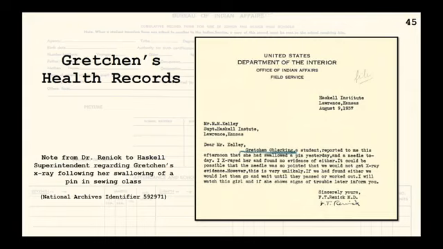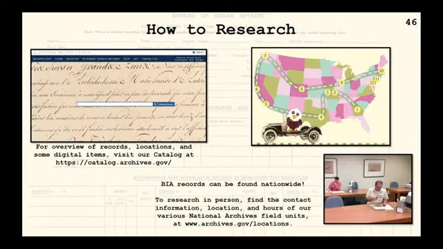So how does one do their own research? Our online catalog is useful, as we have seen throughout this talk, for learning what record series are out there, which schools have their own collections, or where agency records are at, and it can be searched by keyword, creating agency, date, record group, NARA facility. Feel free to play around at catalog.archives.gov. In some cases, student case files can be inquired into via phone or email, and copies made out to send.